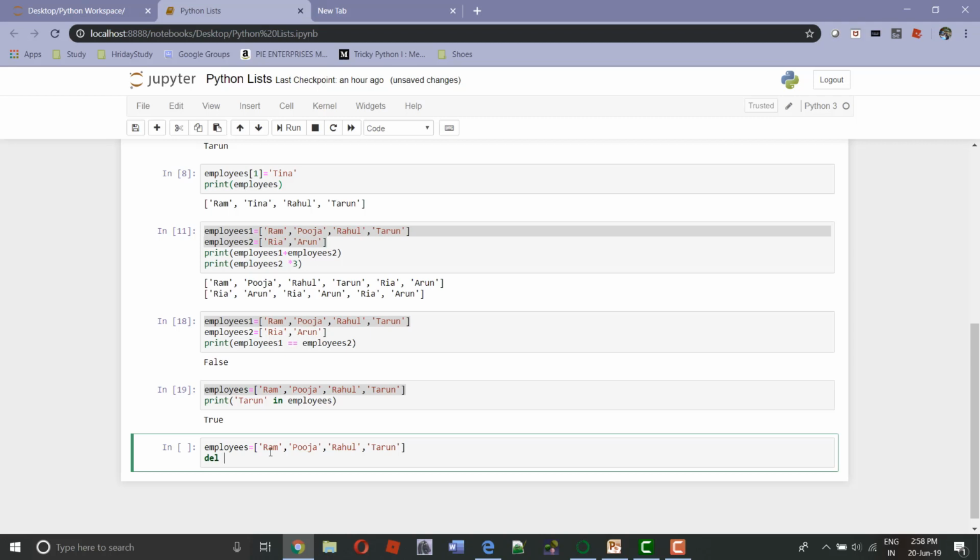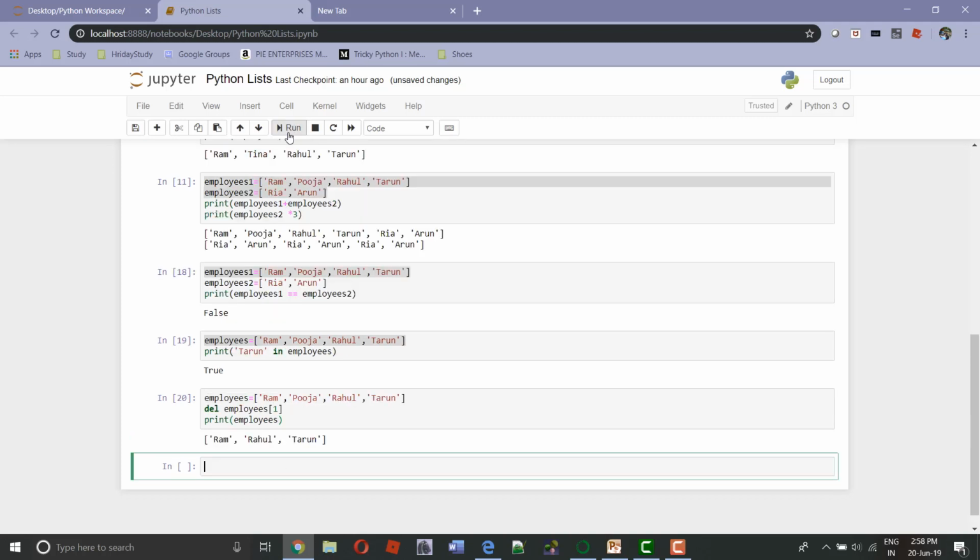I can give del and then the name of my list, which is employees, and then specify the index over here. Suppose I want to remove the element at index 1, so I specify the index 1, and hereafter if I print my list, I will have all the elements except the element which was at index 1, that is, Pooja will be deleted from our list.